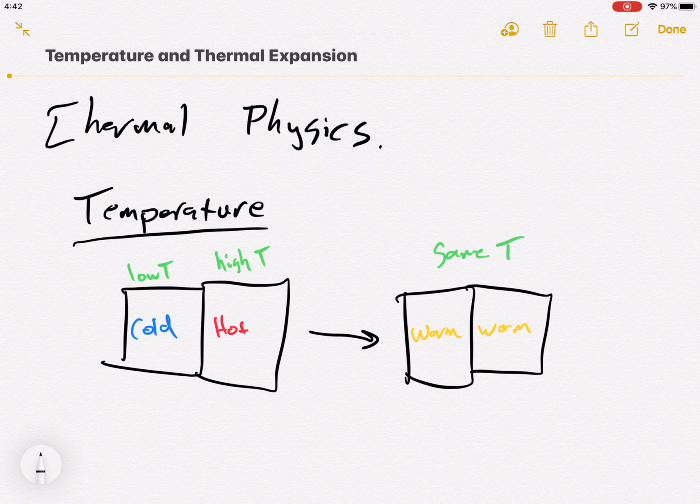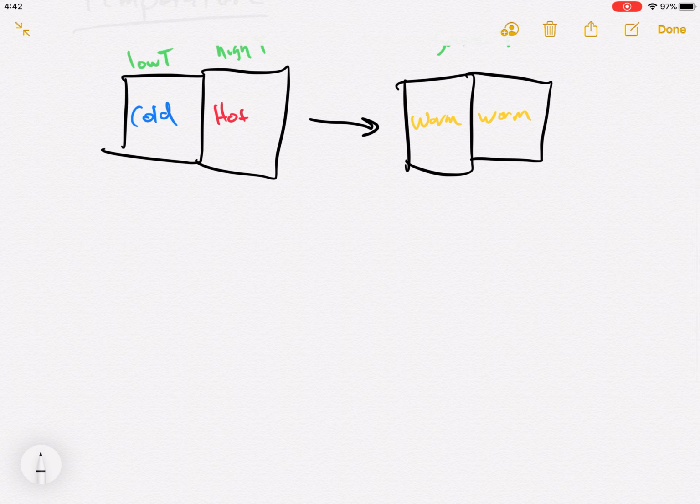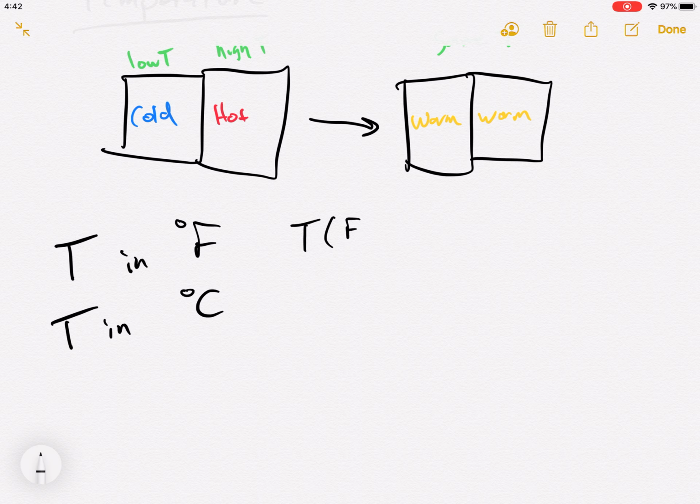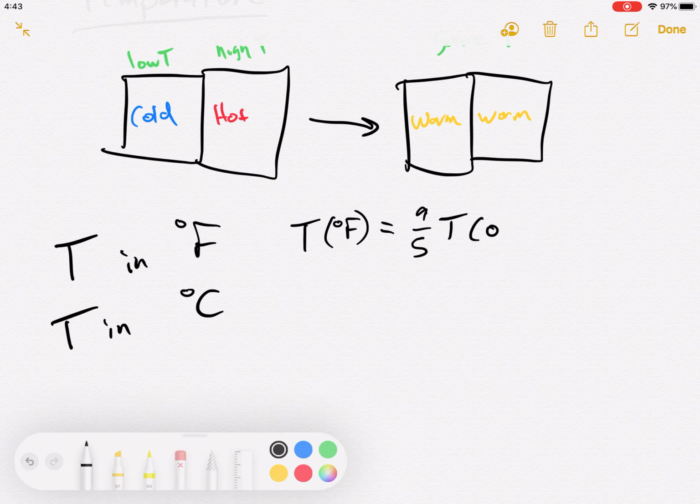So let's talk about what you already know. How do you measure temperature? Well, you have a thermometer and it reads out something. In the United States, we're used to temperatures in Fahrenheit, in fact, degrees Fahrenheit. And you're probably aware that temperature in Celsius is also a thing we can talk about, degrees Celsius. If you've had a science course before, you probably are aware that you can convert between the two. So we have this equation that temperature in degrees Fahrenheit is 9/5 of the temperature in degrees Celsius